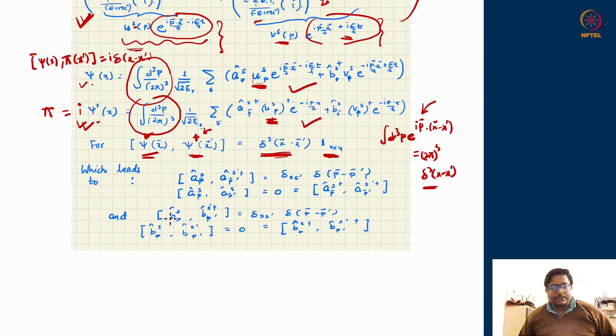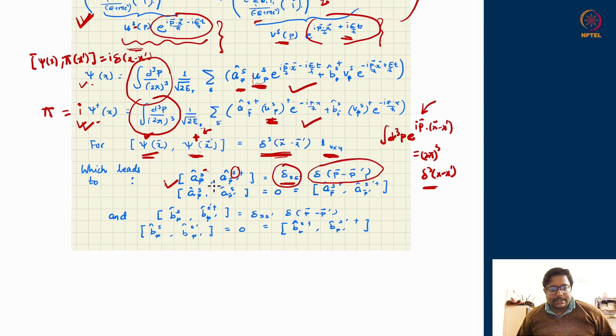You will see that the commutation relations between psi and psi dagger will be realized only when a and a daggers satisfy the usual commutation relation, and that for different spins s and s prime they should not be talking to each other. Spin number 1 has its own oscillator structure, spin number 2 has its own oscillator structure. So there are two different oscillators. One oscillator's a operator does not talk to another oscillator's a dagger, it talks only to itself. So first the spin should be the same, and then the delta function should come about.